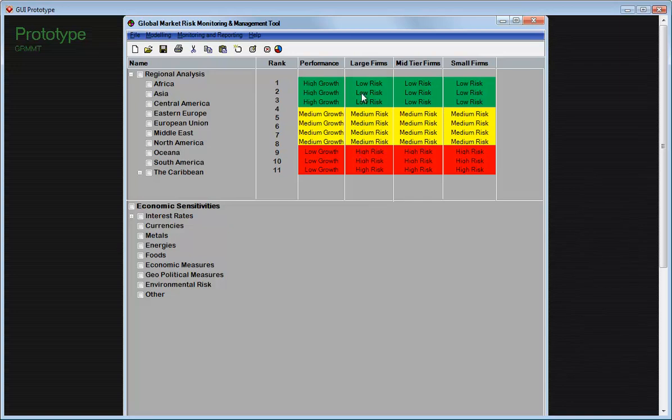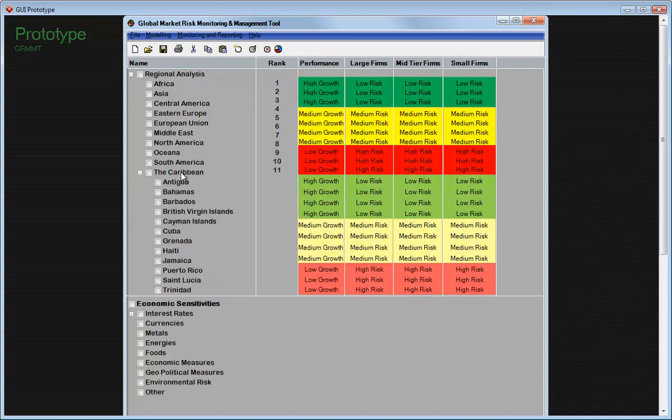And you'll notice there that the software will break down the various firms within the regions into different categories, given that most often size does also relate to risk, and it breaks them up into three groups: large tier firms, mid-tier firms and small firms. As we drill into the software here, we can then go to the next level, which is looking at countries